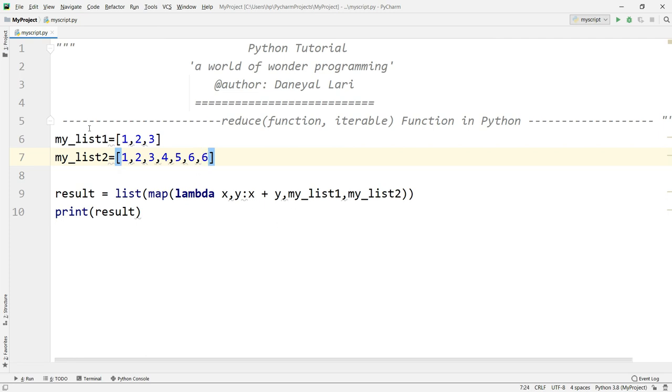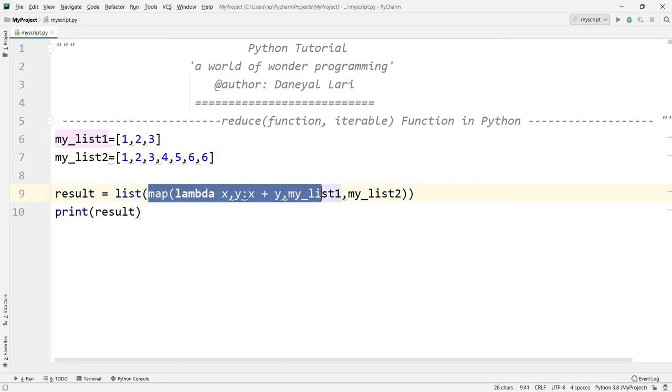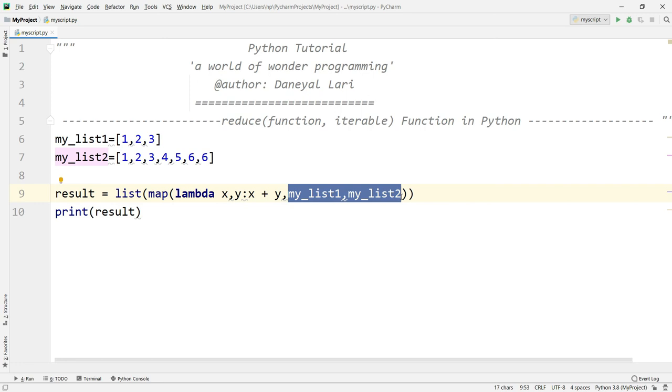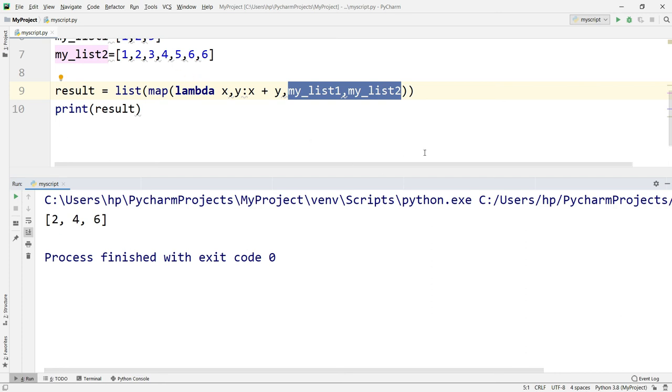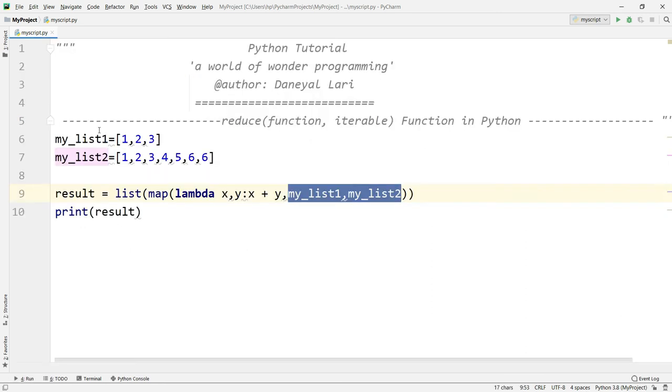So how will this operation perform? This map function will stop the execution as soon as any one of your iterable objects gets exhausted, meaning all the elements of one of the lists have been fetched. So just look at here, you can have any number of elements in any iterable objects.